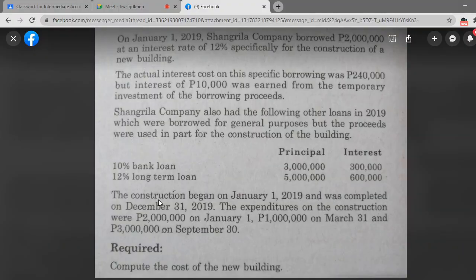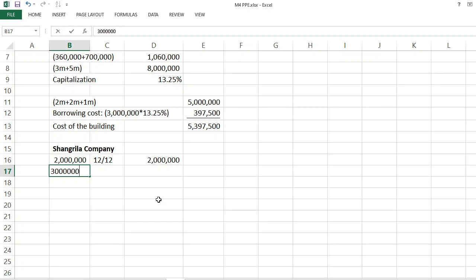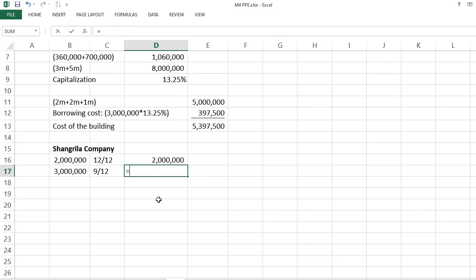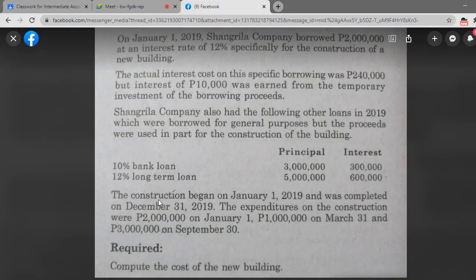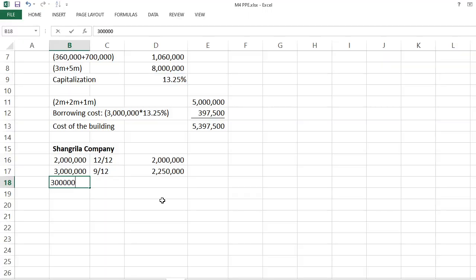And the next expenditure was on March 31, 3 million expense. So, March 31 it was spent. For the rest of the year, it is outstanding. Therefore, that would be 9 over 12: April, May, June, July, August, September, October, November, December. And that would be... oh, of course, 3 million. Okay, that's 2.25. And lastly, we have this 3 million...